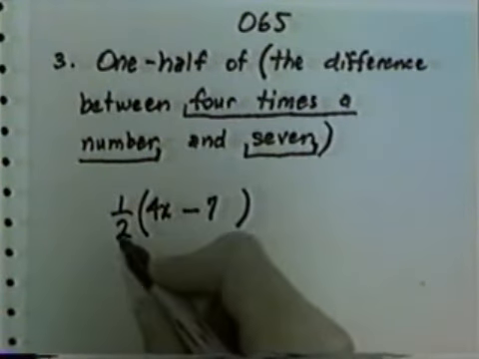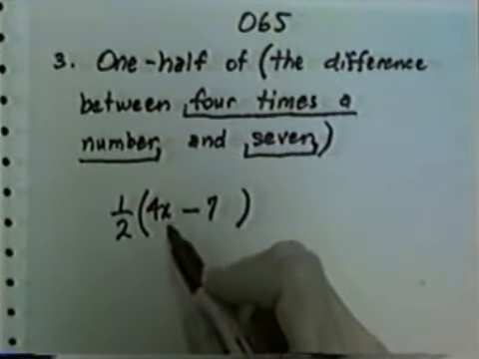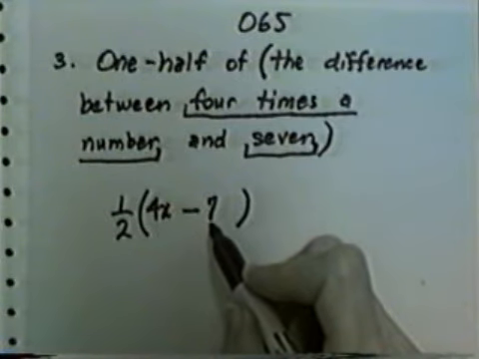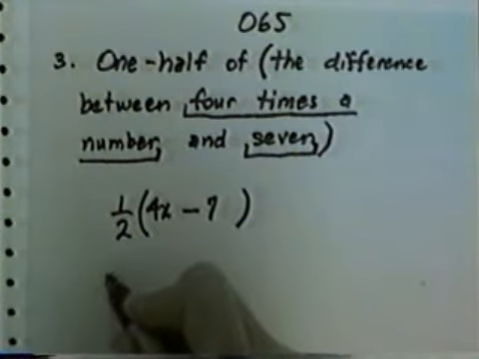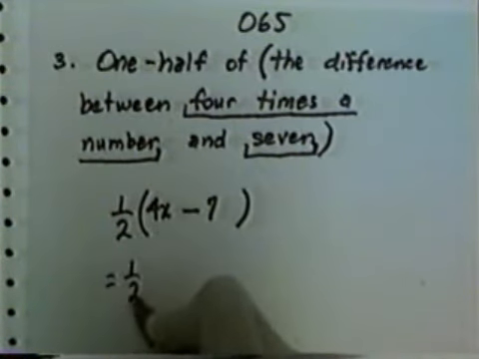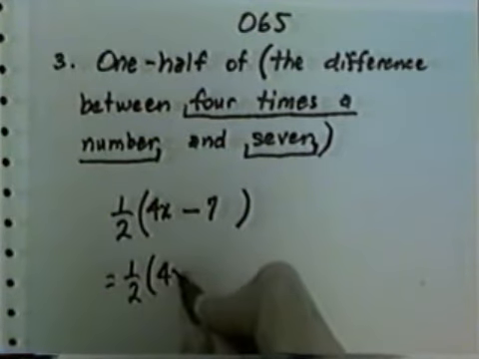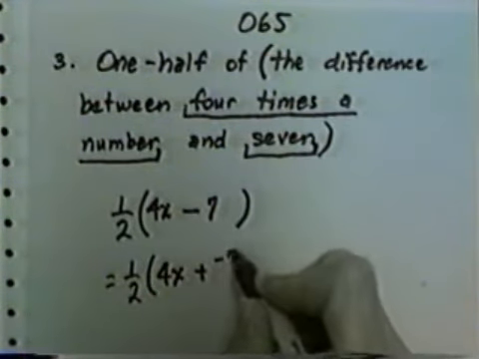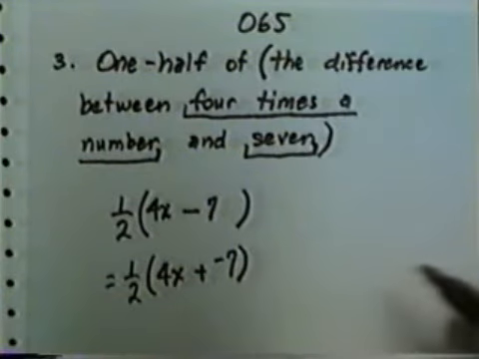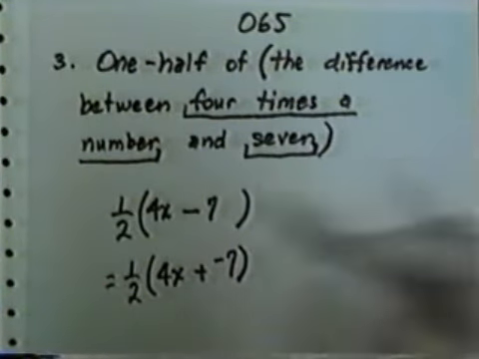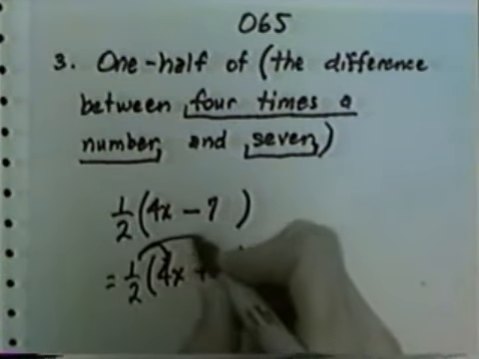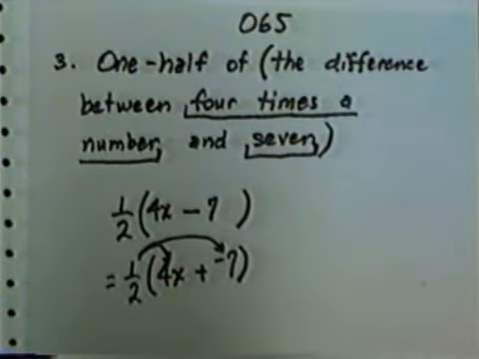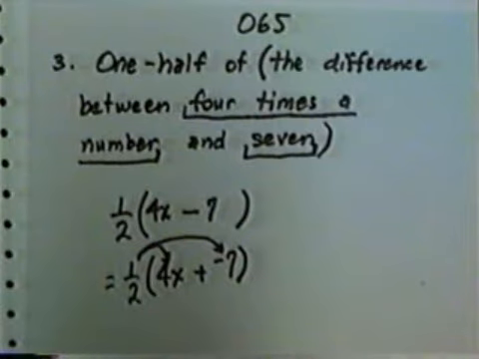We have a fraction multiplied by the parentheses. Inside the parentheses we cannot combine terms because they're not like terms. And so the best we can do is rewrite this as 1/2 times 4x add -7, and then use the distributive property. 1/2 will be multiplied by 4x, 1/2 will be multiplied by -7, and so we get